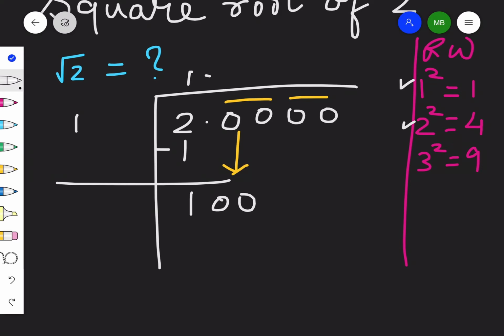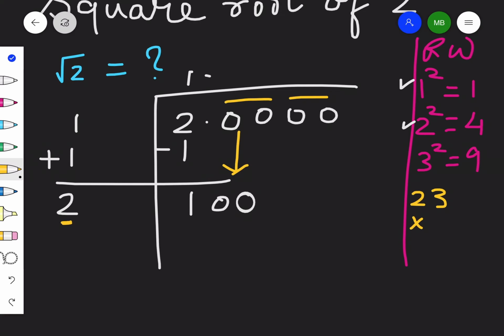This becomes 100. The only difference here from normal division is, this digit which you have thought of as your divisor, 1, you have to add it to itself always, because this is not a normal division, this is the square root by division method. So now I have this 2 over here with me. Let's say I write 3 next to it, what will it become? 23. So now the newly thought of digit is 3.